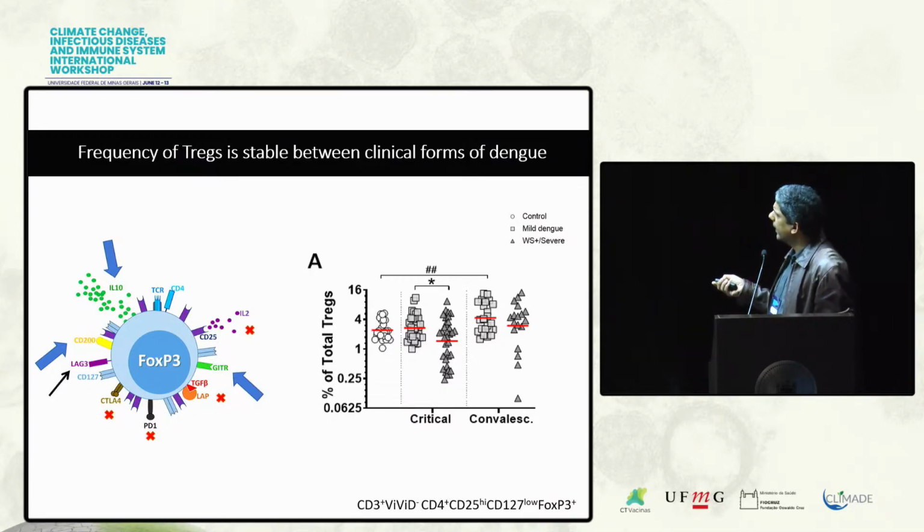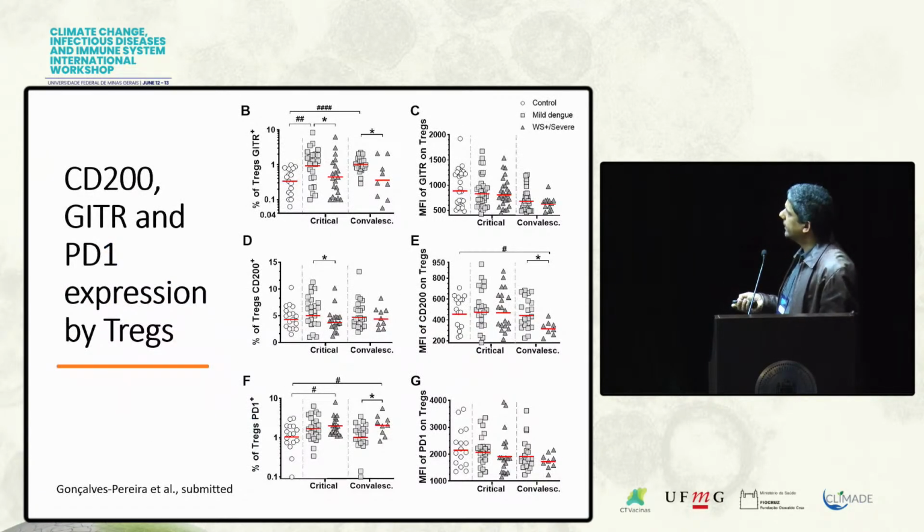And the level of Tregs in the infection usually is not altered, but in the individuals developing dengue with warning signs it seems a little bit decreased in the critical phase, which returns to normal in the convalescence. And these Tregs express less GITR. In the individuals with severe dengue they express less GITR and less CD200 when compared to individuals developing